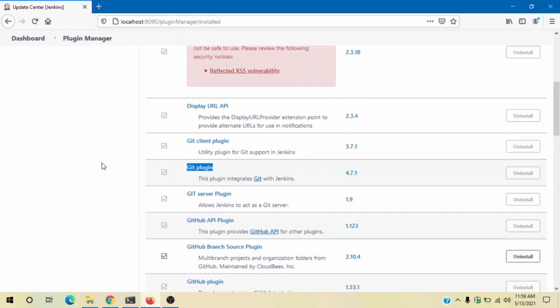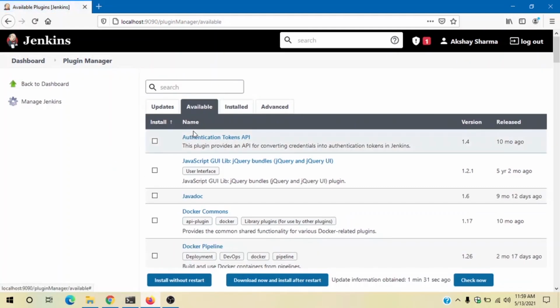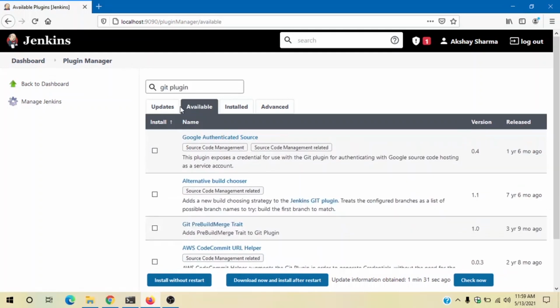If it is not installed for you, you have to go back to the available section, search Git plugin, click on it and click on install. Check the box and click on install without restart, or you can download now and install once Jenkins restarts.